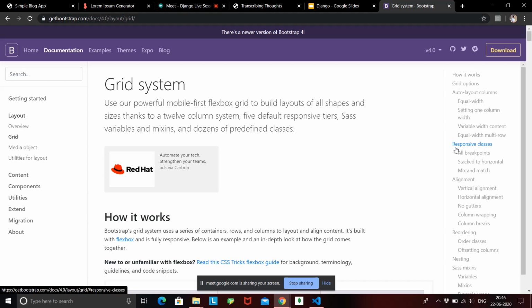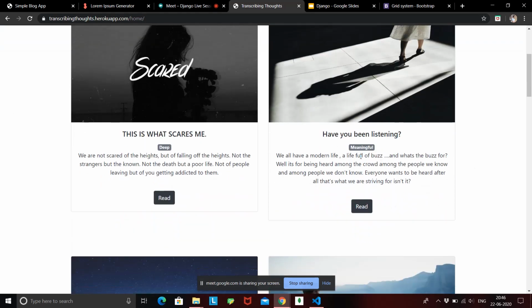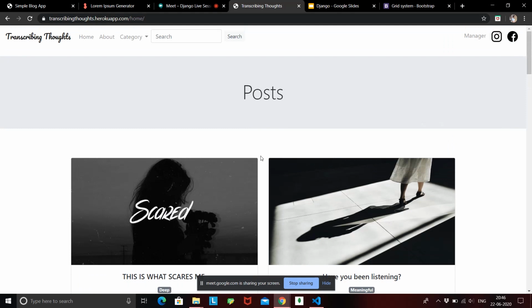Here you can see we are having 2 columns: each card is taking up 6 segments, and 6 plus 6 makes the complete container of 12 segments. If each card will have 4 segments, then 12 divided by 4, I will be getting 3 columns.